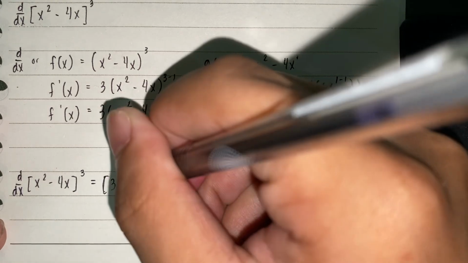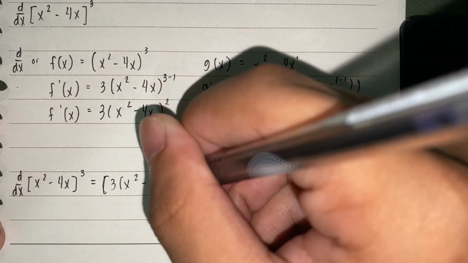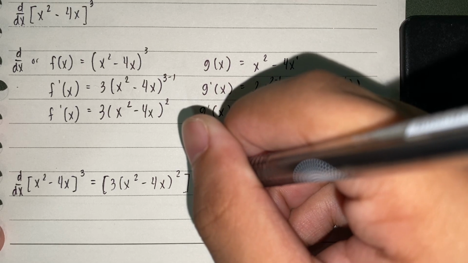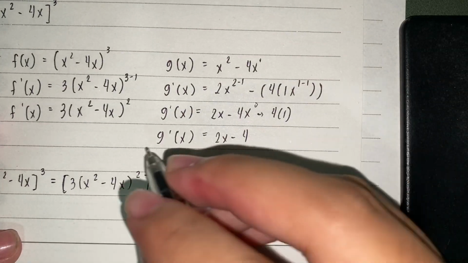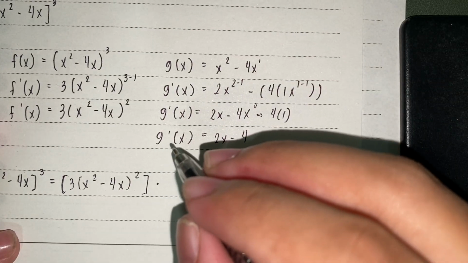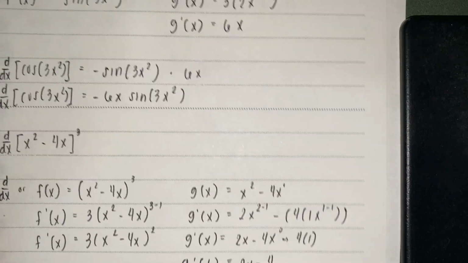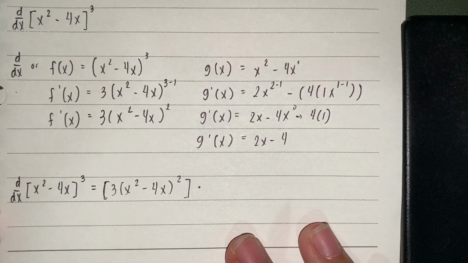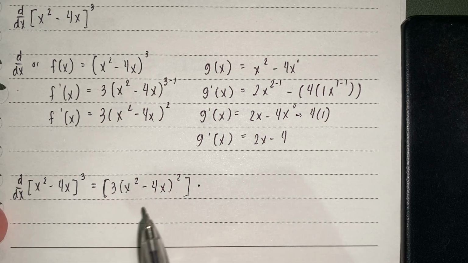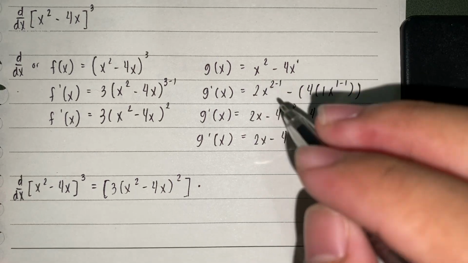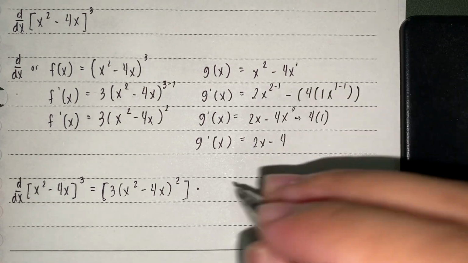3 times x squared minus 4x squared, multiplied to the derivative of the one that is being enveloped by the larger function. So this one,